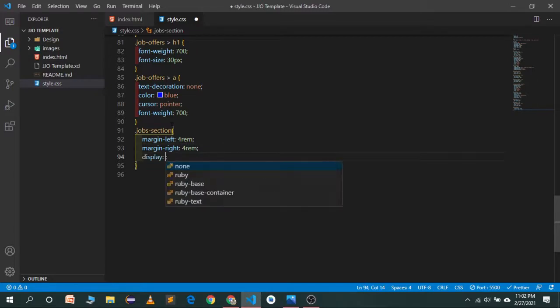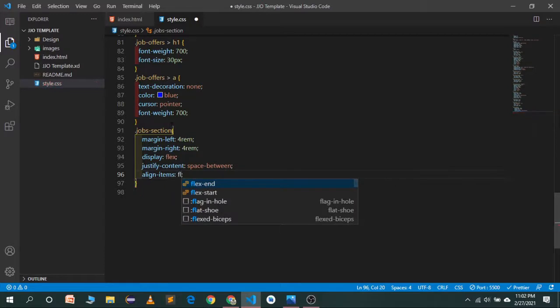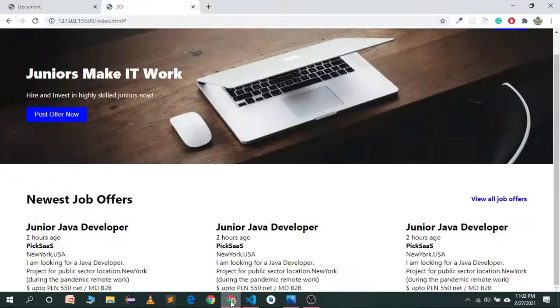Set the display to flex, justify content will be space between, and align items will be flex start. Let's save it, and now you will see we already have a better looking design as compared to the previous view.